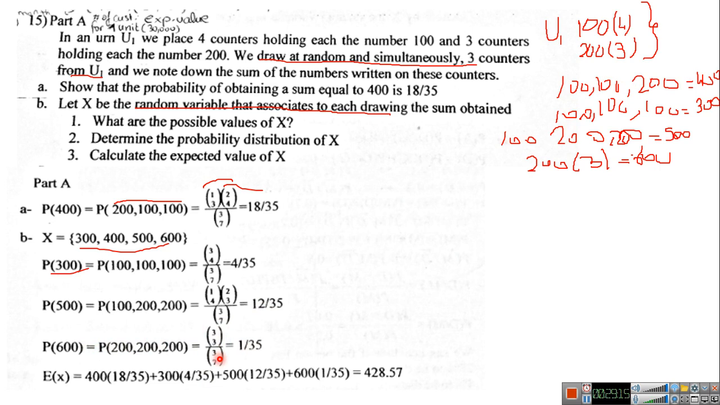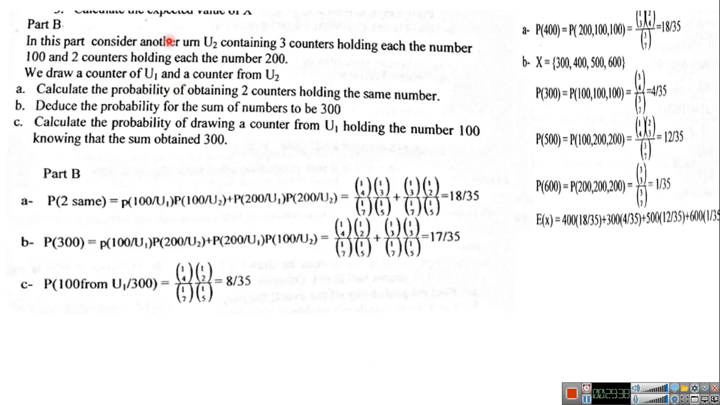So we have 300, 400, and what about 500? 500 here: two 200s and one 100. And the expected value will be 300 times 4 over 35 plus 500 times 12 over 35 plus 600 times 1 over 35 plus 400 times 18 over 35, which is the answer. Part B. In this part,